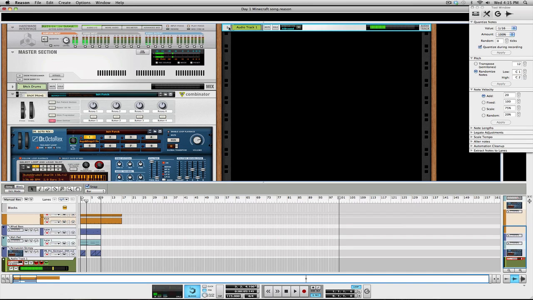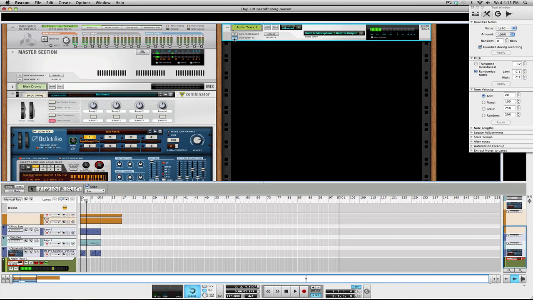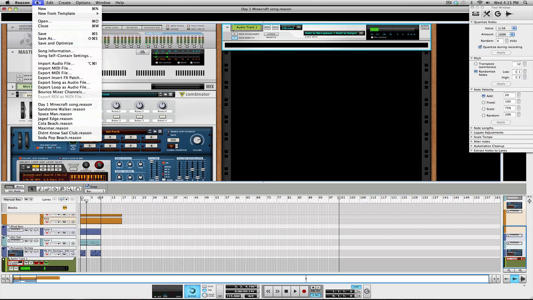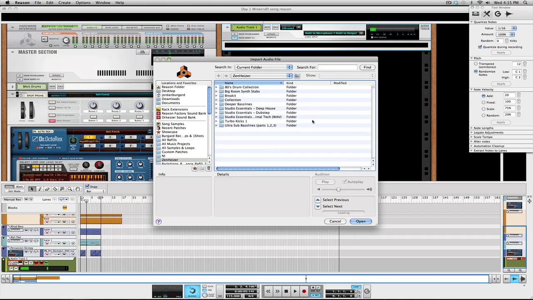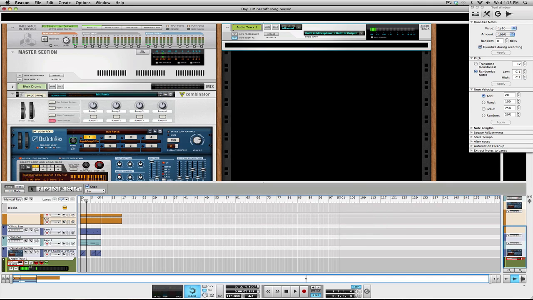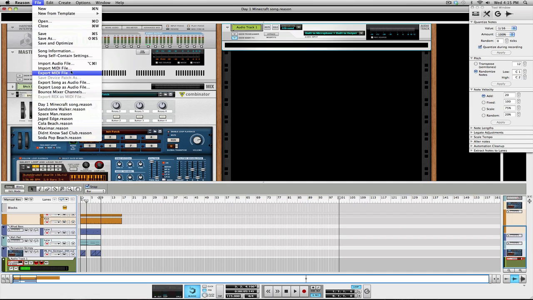Oh, now I can hear myself. This is going to be annoying. We're actually going to create an audio file. It's going to be bad. Okay. So now that I've figured out how to mute that, I'm actually going to import an audio file, and